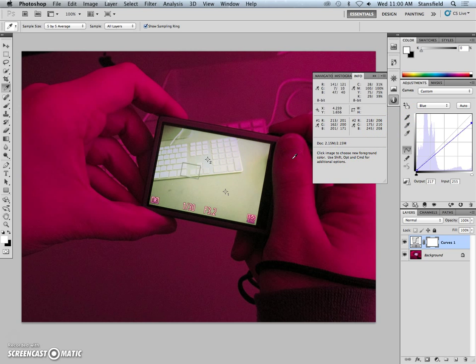I could drag this blue down so that's a little bit more of an average. 206, 210, 208 would maybe be a little bit more accurate, or less different. But you can see the difference between 210 and 208 is negligible. The other thing I could do